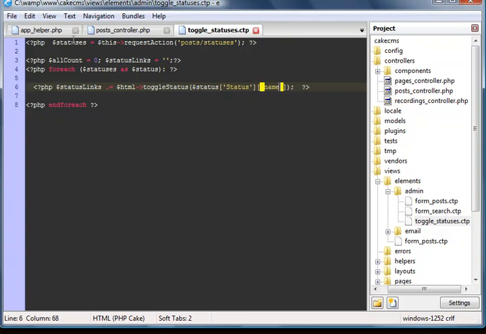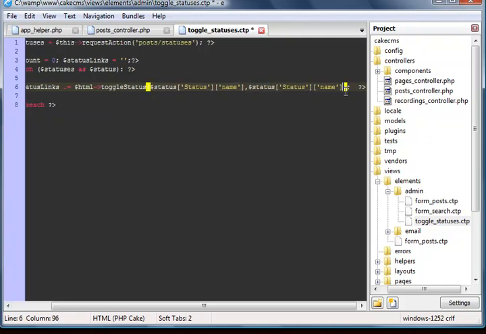Now if you were to do a pr out of that data, you'd see that the key is status name to get to the name. And we want to throw in for the value the name as well, so we'll copy that, throw that in, and I want to concat on the end of this string the count,